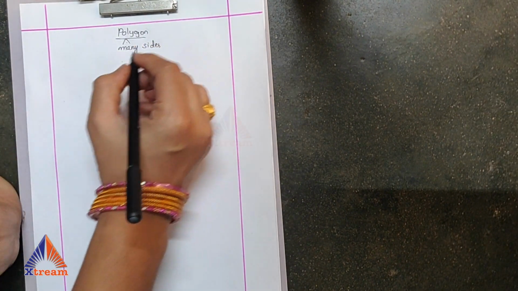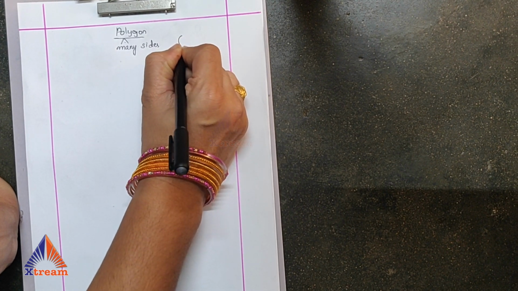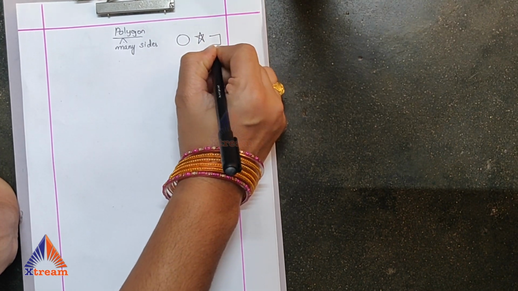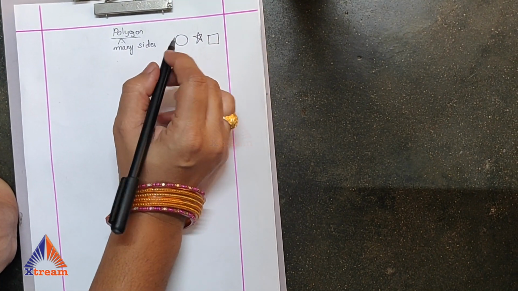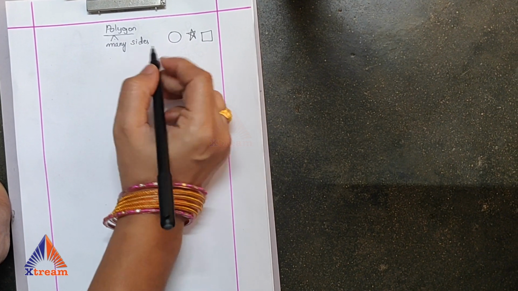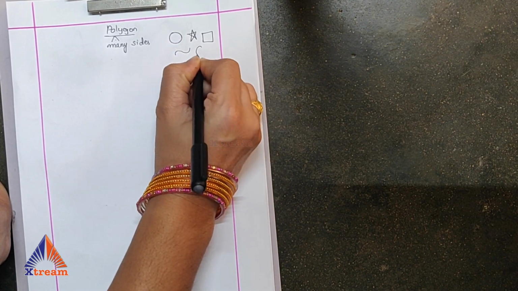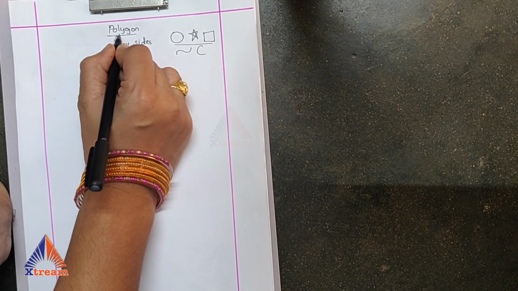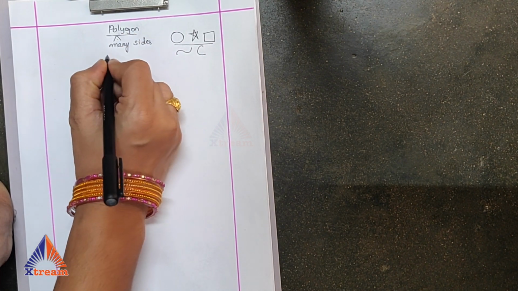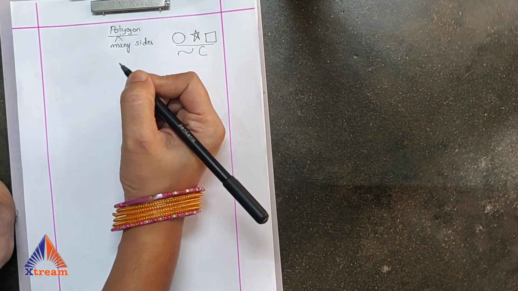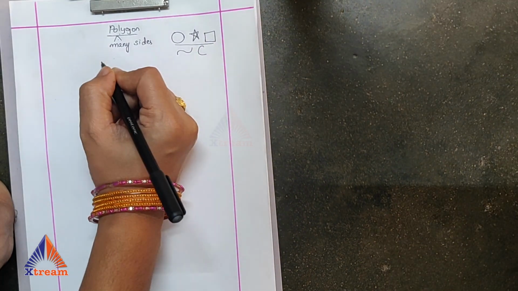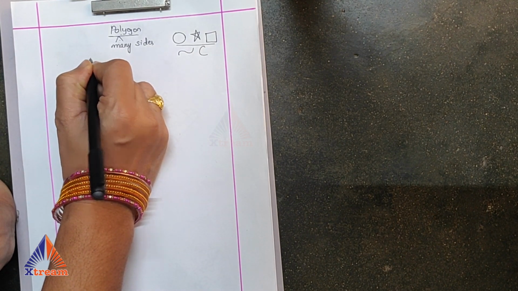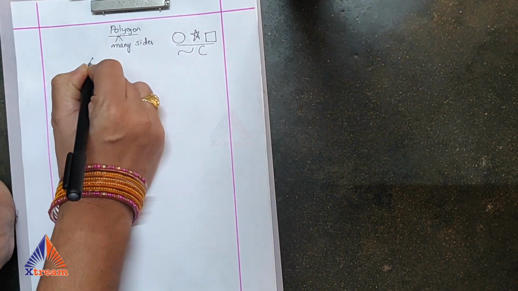To be a polygon, first of all it should be a closed figure like this or something like this. It should be a closed figure, then only we can consider it a polygon. It should not be open like this. It should be closed like this. So what does polygon mean? Polygon means a closed figure with 3 or more sides. Minimum it should have 3 and it can be more than 3 also. So polygons can be considered from 3 sides onwards.